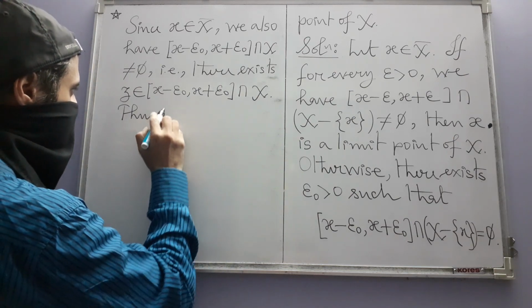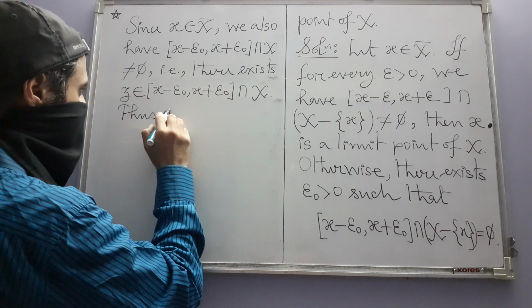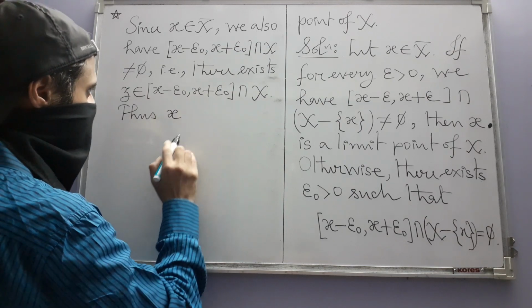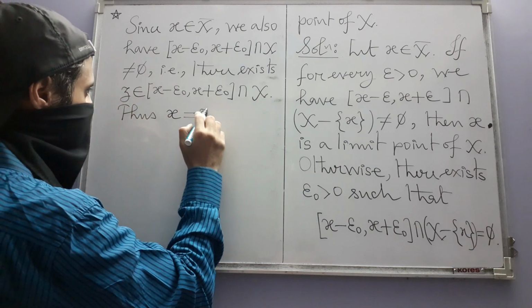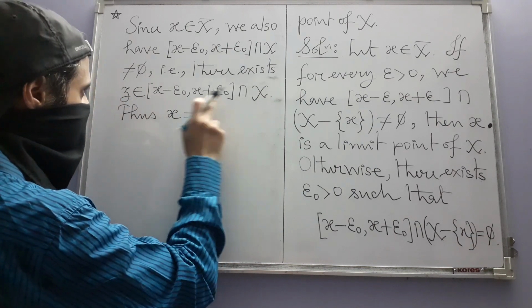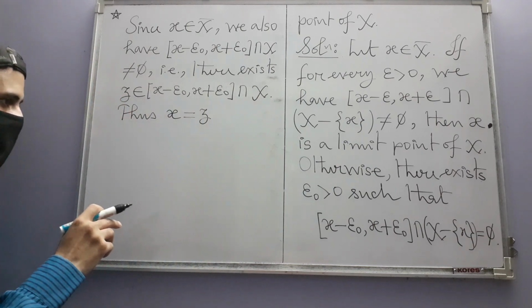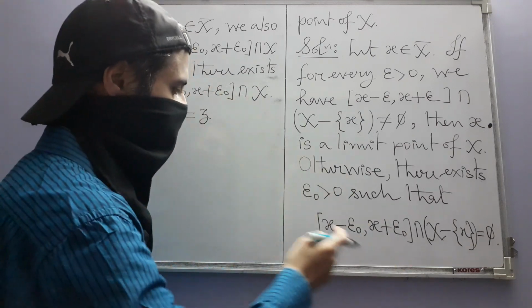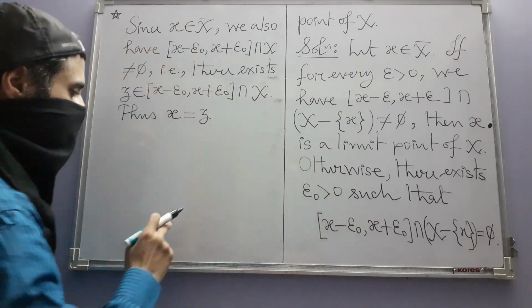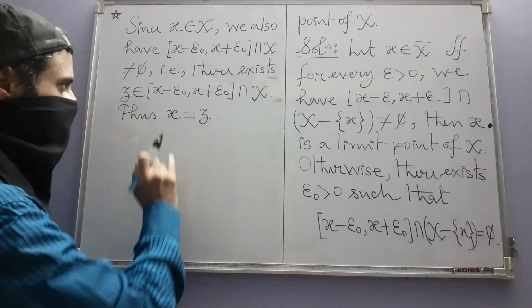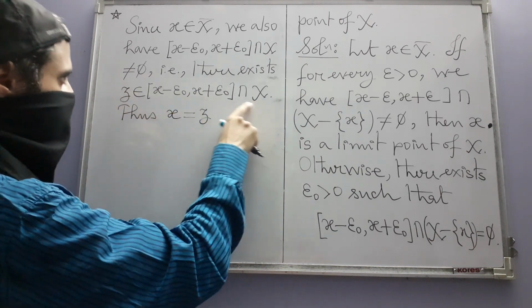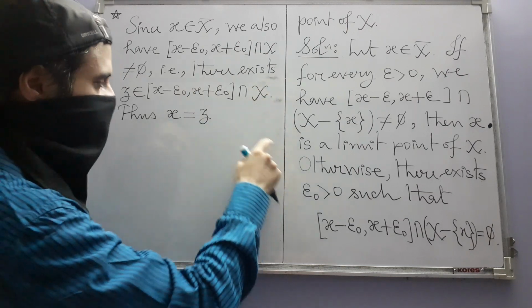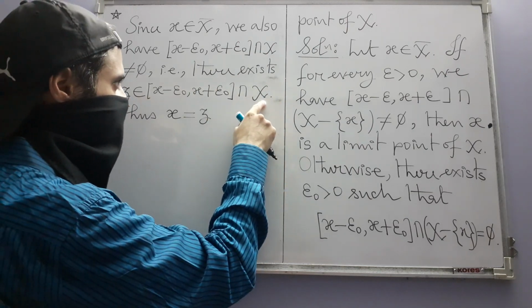One of them is this, that x itself must be this z, because this z is a point in this intersection, but from combining these two things we see that the intersection can happen at only x. So x becomes equal to z, but z already belongs to this intersection. That means in particular z is also an element of X,